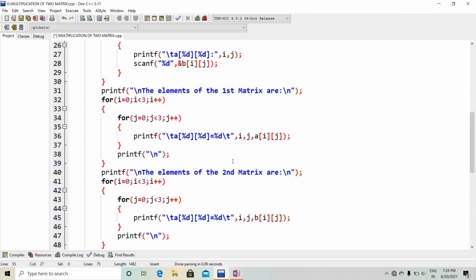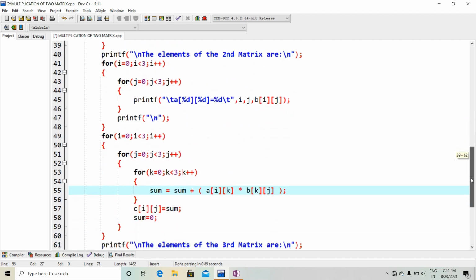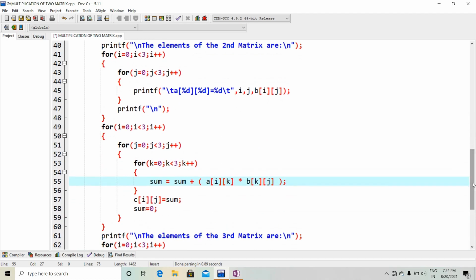This is the first matrix and this is the second matrix, and you all know how to print a matrix. So at first you have to take the matrix elements from the user, then you have to print those two matrices. Up to this there is no doubt. Then the main thing, the procedure that we have to maintain for matrix multiplication.